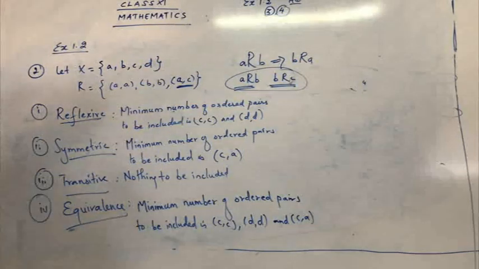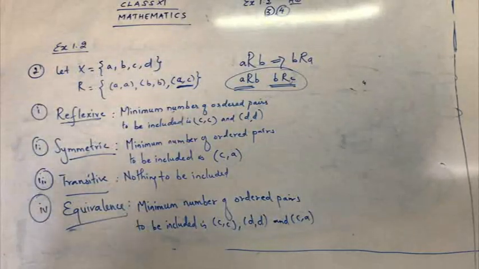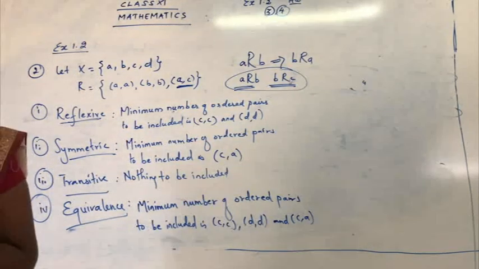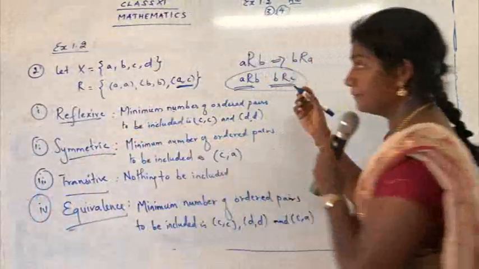Now sum number 4. Let's just have a small explanation for sum number 4. See the question, children. Let P be the set of all triangles in a plane and R be the relation defined on P as A related to B if A is similar to B. Prove that R is an equivalence relation. So you have to use a small figure and prove it. Just a small explanation for sum 4, and you are going to complete this sum 4 as homework.